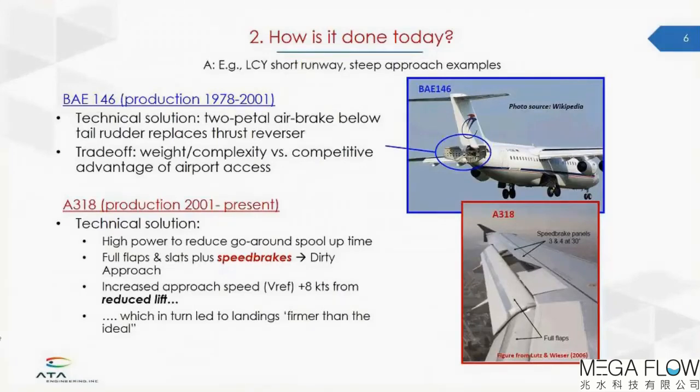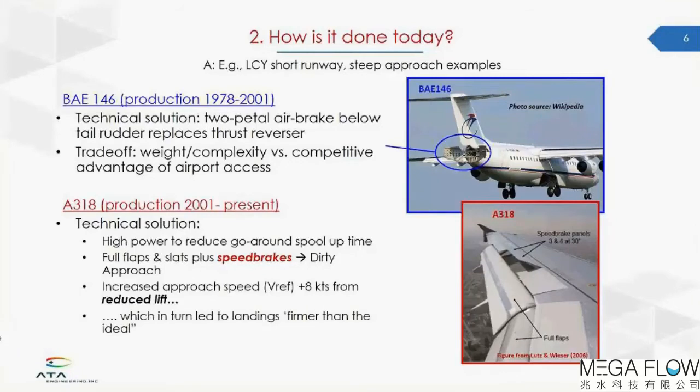A more modern example is the A318. This was marketed later as a replacement for the BAE 146 for London City. And today, British Airways flies this in an all-business class service between JFK and London City, so it's certainly a very lucrative route. Their technical solution, however,